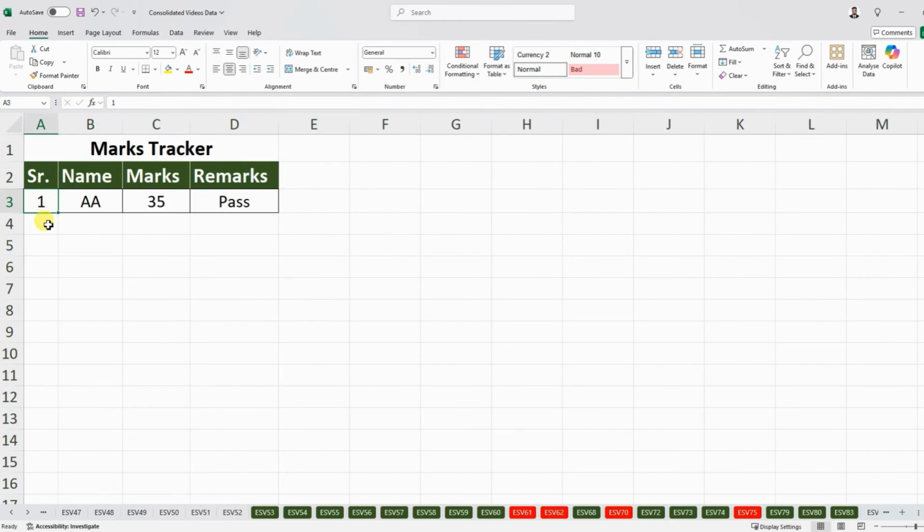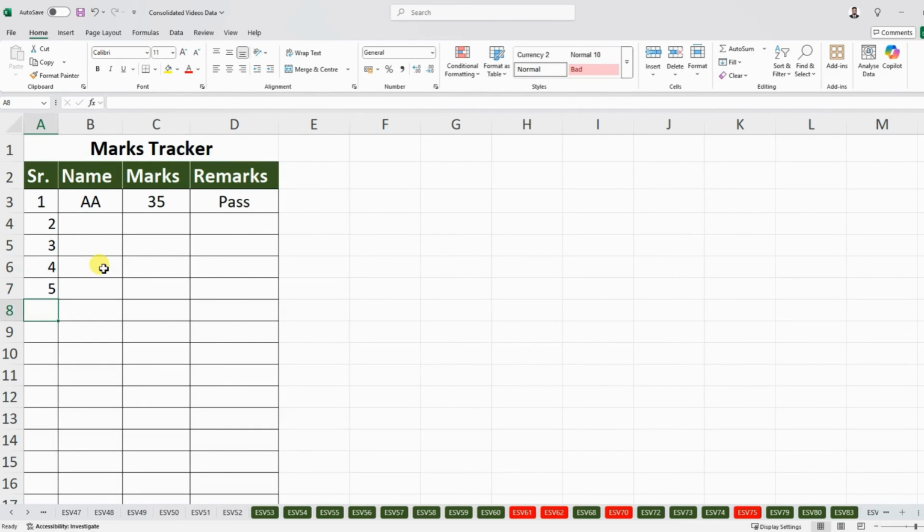So now when I type 2, it will apply the auto border on the rest of the row as well. So 3 keeps applying auto border within my data. So it's quick and so easy to apply the borders in this way. You don't need to apply the